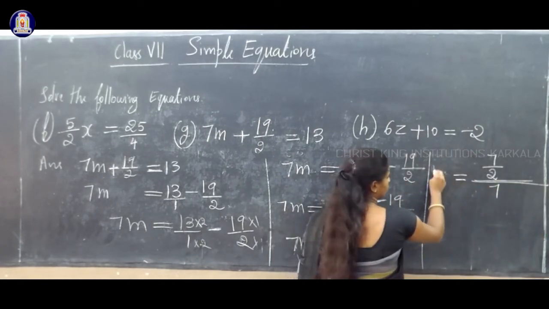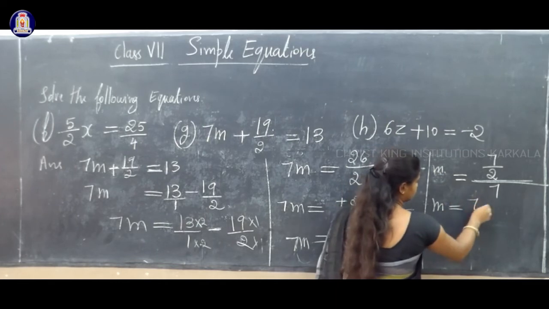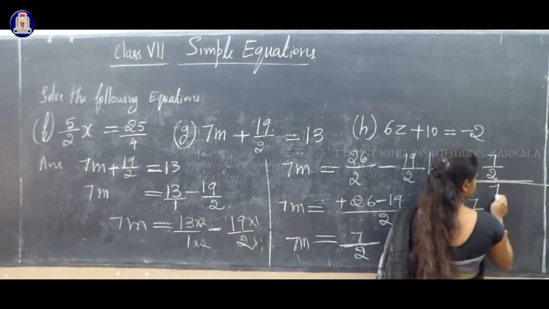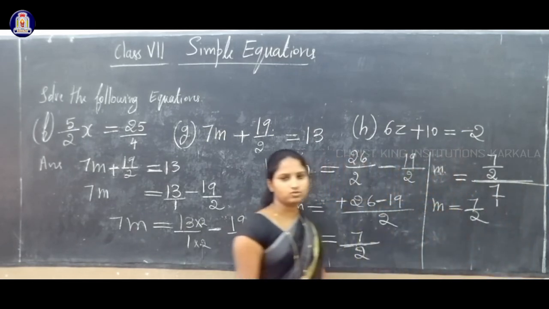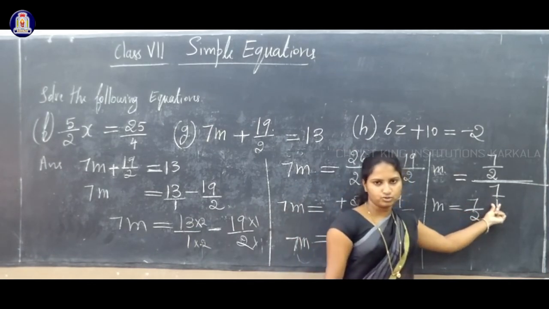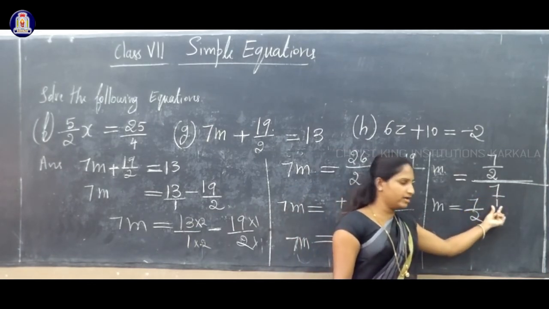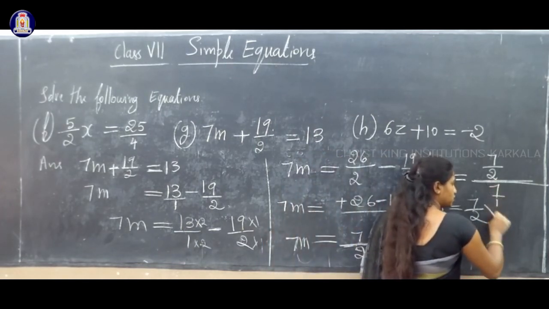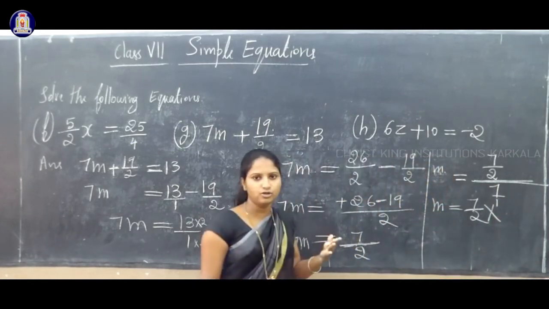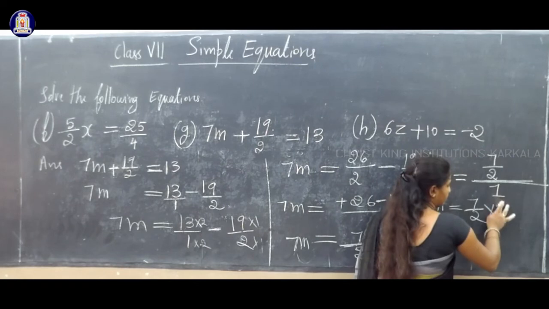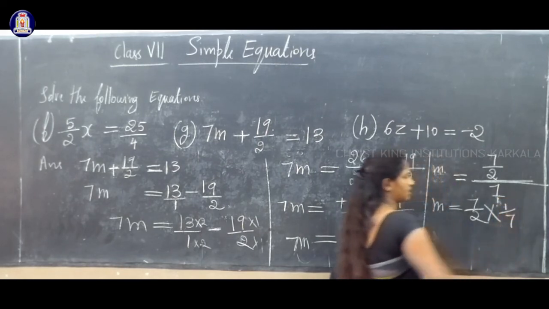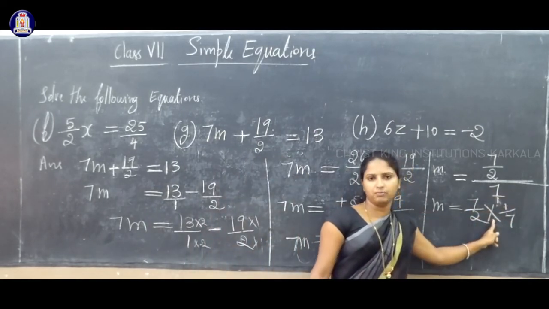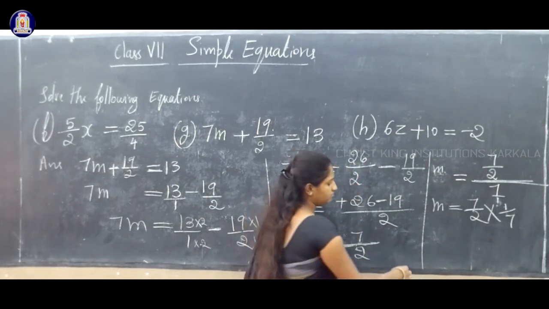Now m is equal to 7 by 2, and this whole divided by 7 can be written as 7 by 1. So 7 is the numerator, and you can write 1 as the denominator. In the next step, this 7 by 1 will change into 1 by 7, meaning the inverse. Division is changed into multiplication. So now m is equal to